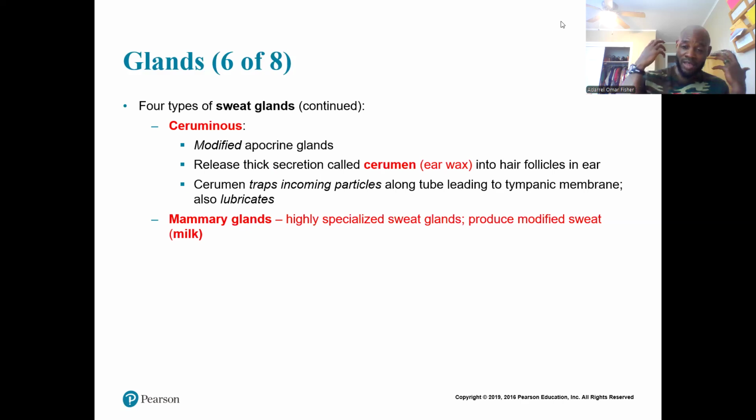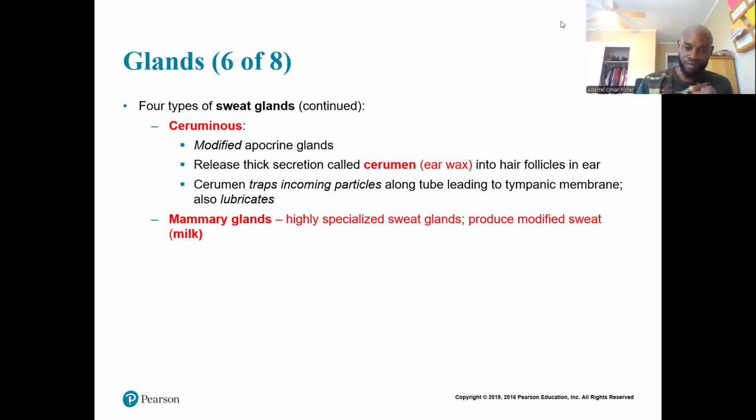Remember, your ears are open, so things that could come into your ear can be trapped in your earwax, so that your ears don't get infected. But the earwax is a type of sweat. The earwax comes from a type of sweat gland, an apocrine sweat gland, ceruminous, a modified apocrine sweat gland,